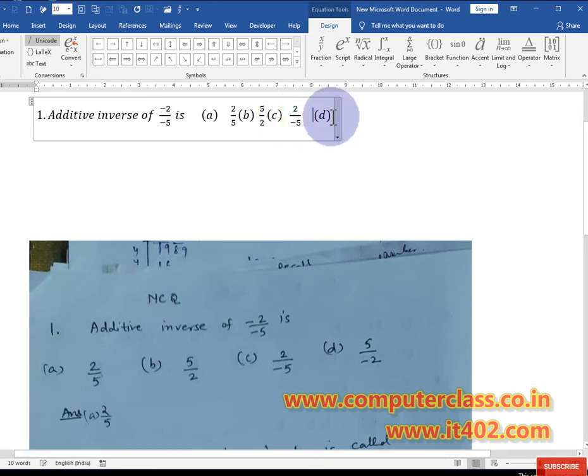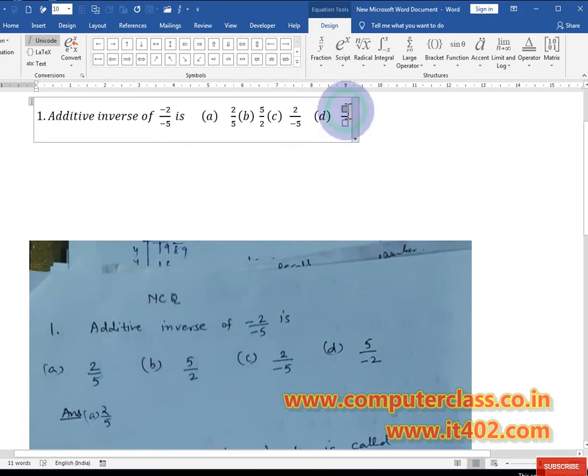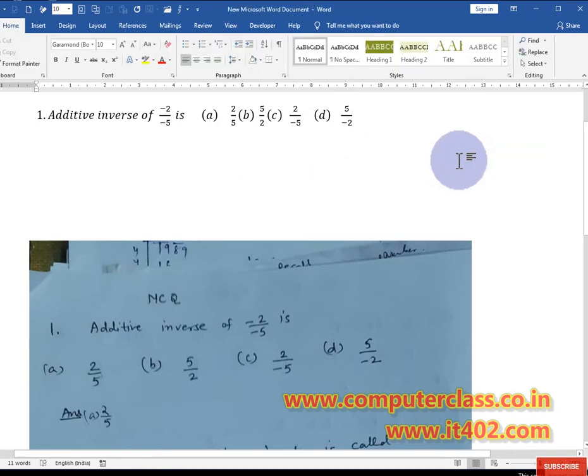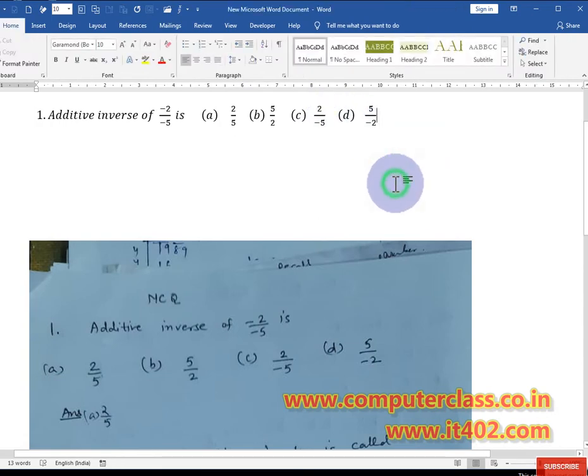And the last option, first use this, click on 5. After that you need to click on the particular box, and if you click outside the box, this is the perfect equation created using the equation option in Microsoft Word.